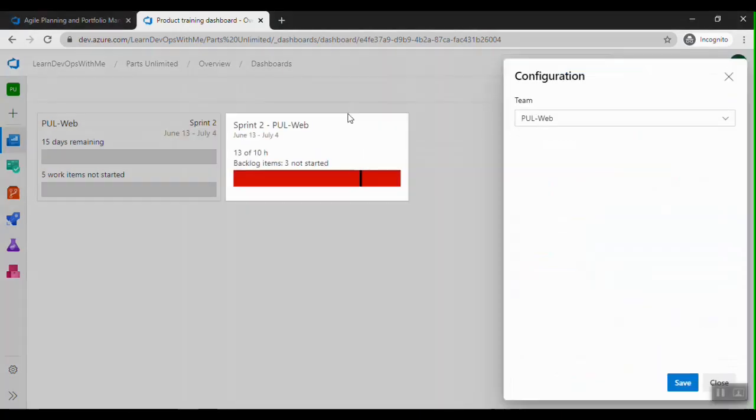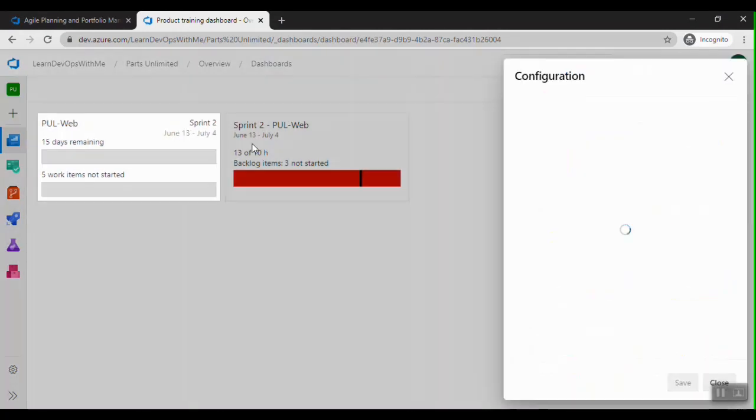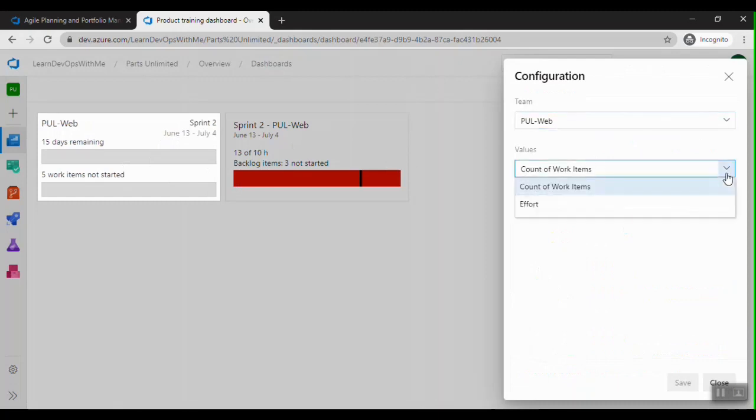So for the teams, you can define here for which team you want to see the sprint capacity. Similarly, you can go and configure the sprint details here, like for which team, and it should be based on the effort, that is story points, or the number, or it should be based on the count of work items.